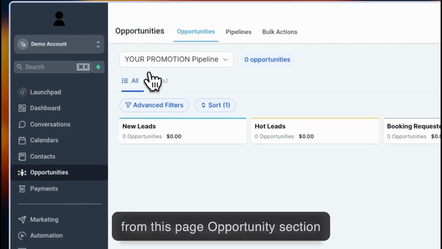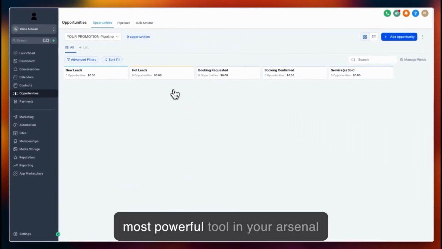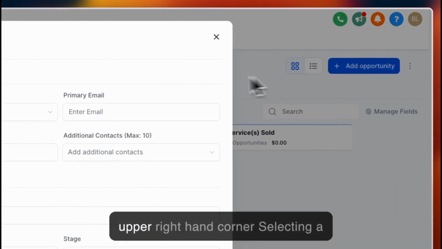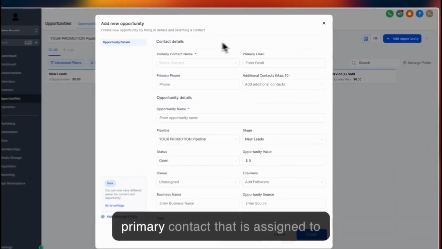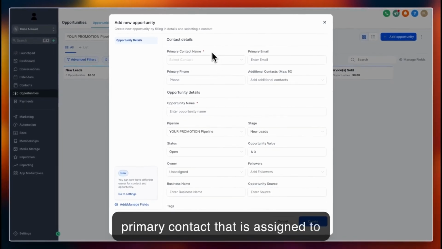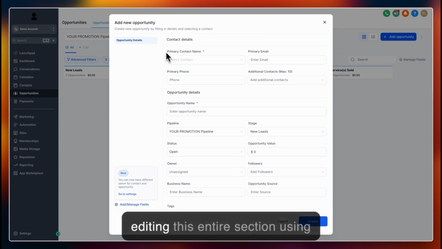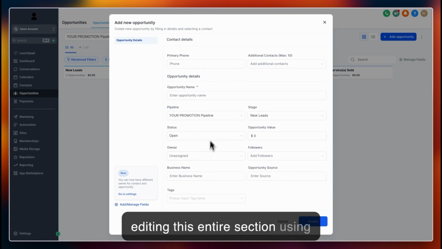Opportunities section next. This is arguably the second most powerful tool in your arsenal. Opportunities allows you to create and add new opportunities by clicking on the Add Opportunity section in the upper right-hand corner, selecting a primary contact that is assigned to that opportunity, naming the opportunities, and creating and editing this entire section using